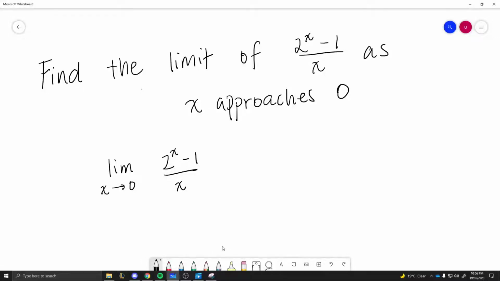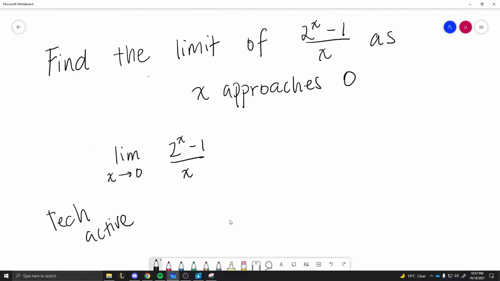Hello. In the QCAA Methods syllabus, there is a not very used point on using limits. And the thing with limits is that these are usually seen in tech-active papers. The purpose is that they pretty much want you to plot the points. They want you to plot this graph and see, usually as x approaches 0, and they'll put x on